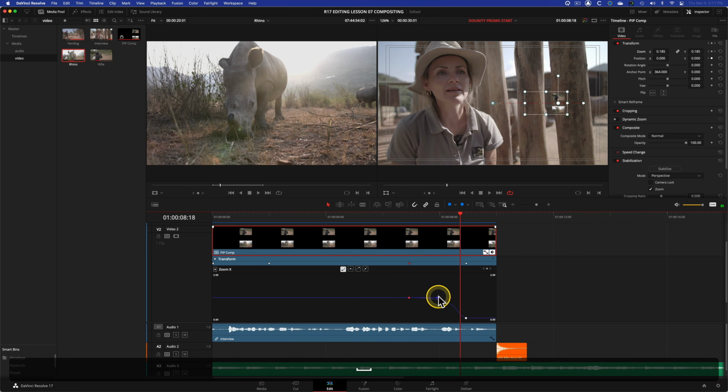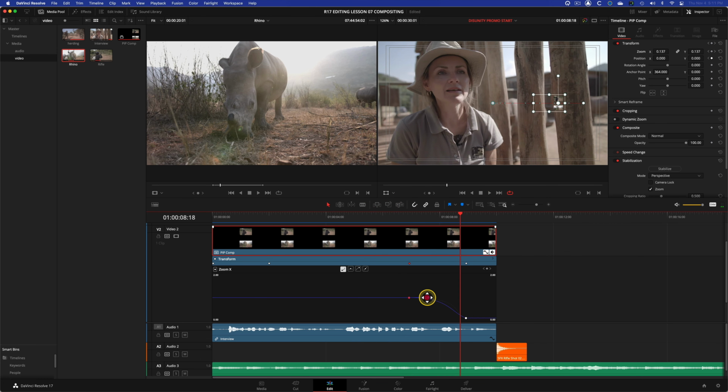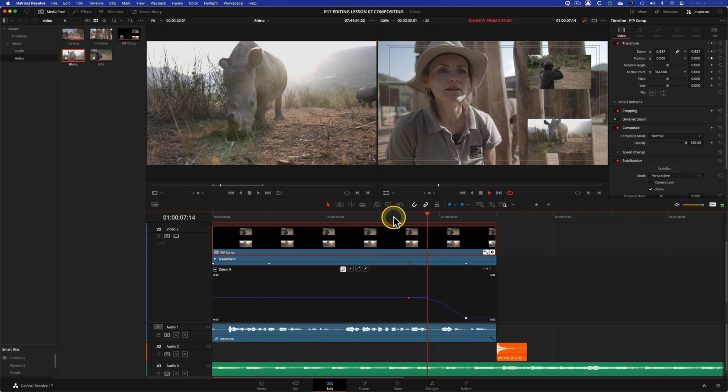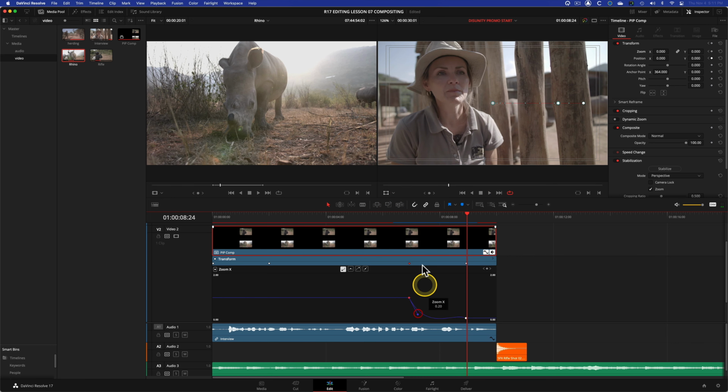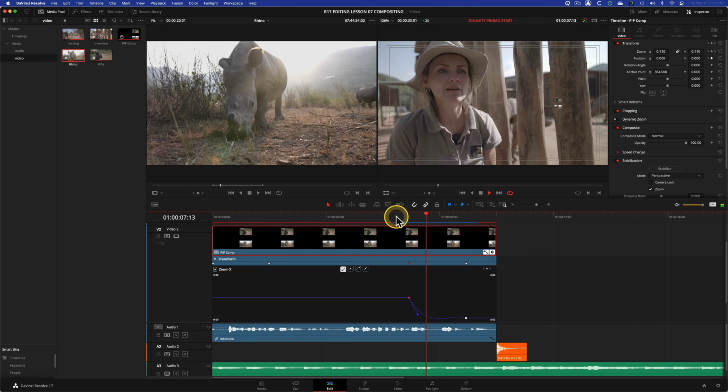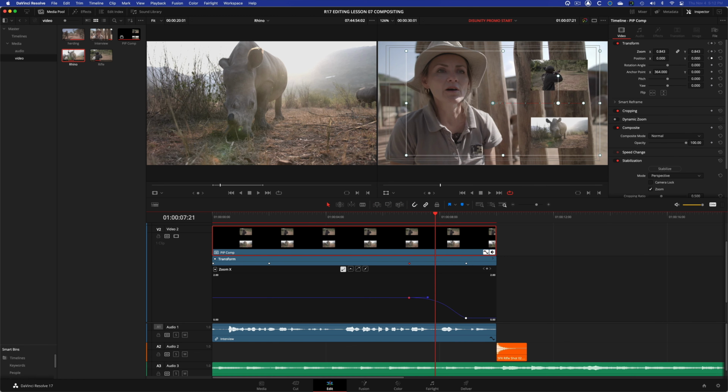So you can play with this however you want to adjust, and you can actually go in a different route. So when you're happy with what it is, let's click the buttons to hide the animation curve in